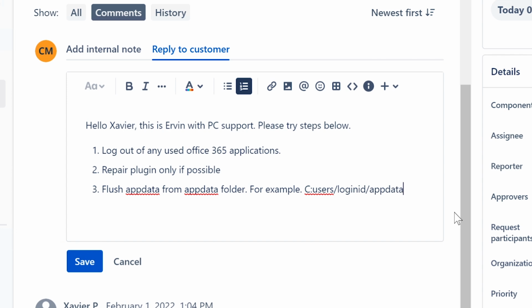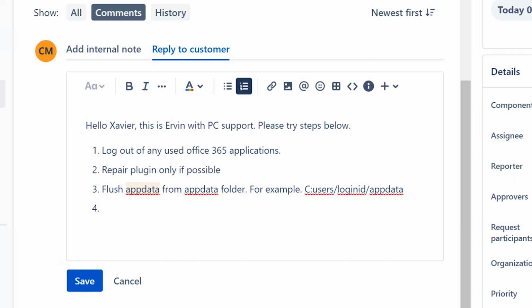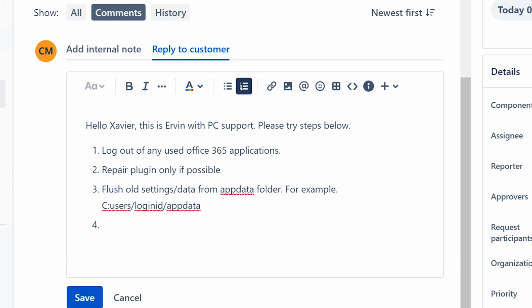App data. I'm going to say this: flush old settings / data from app, for example, and look for folder used by that plugin